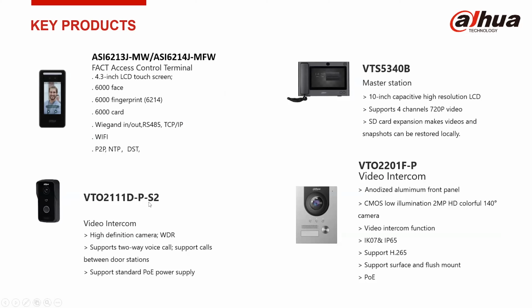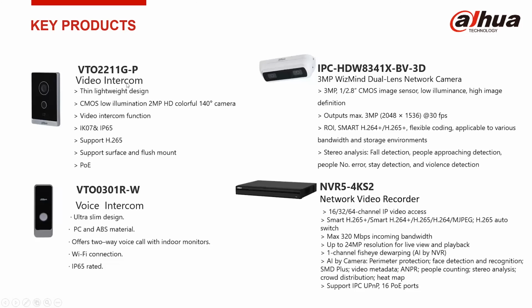Then we have VTO 2111D-P. This is common in the Kenyan market. For villa setup, we can also apply the same in the hospital scenario. So these products are locally available actually. Then we have VTO 2201, we have VTS 5340, we have this VTO 2211, we have only the voice intercom,